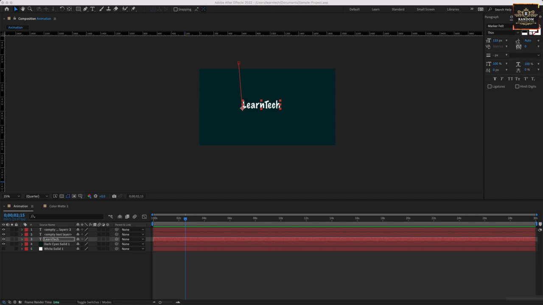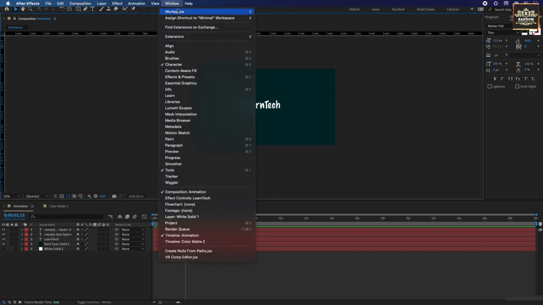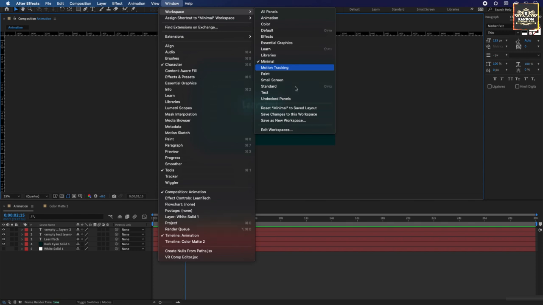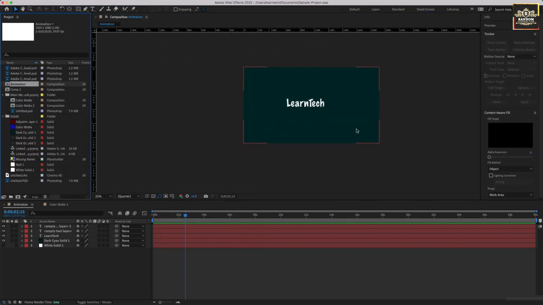All right, welcome back. So in this video, we're going to talk about the motion tracking workspace. Okay, so I'm going to do Window, Workspace, Motion Tracking. This gives us a different look and feel than the previous